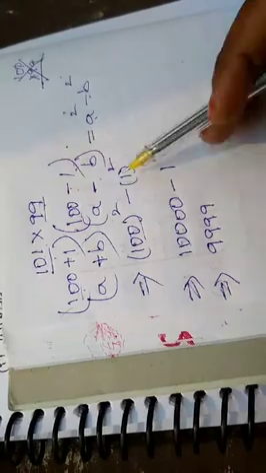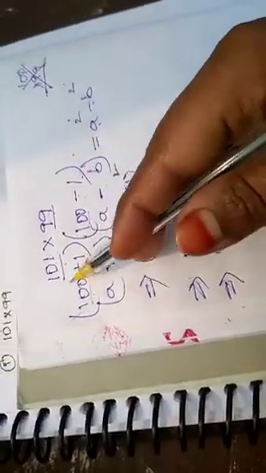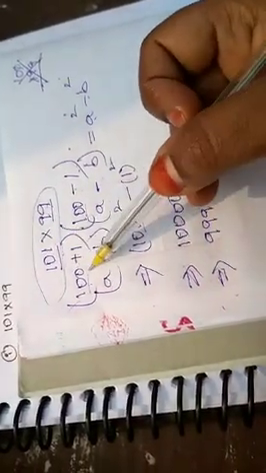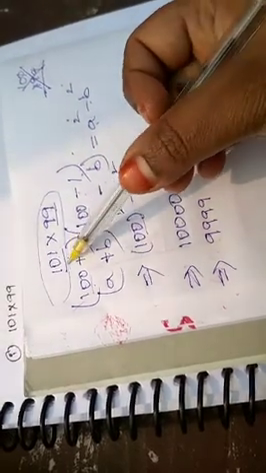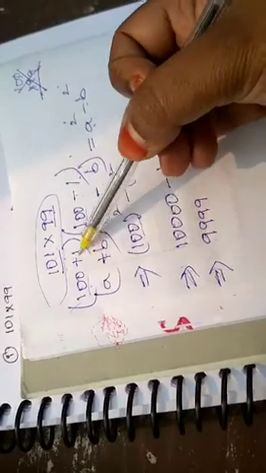If you observe, without actual multiplication, we simplified the answer for this question, 101 into 99. Simple. You should write the near number and make these two numbers in equal terms, but here you will have different symbols.